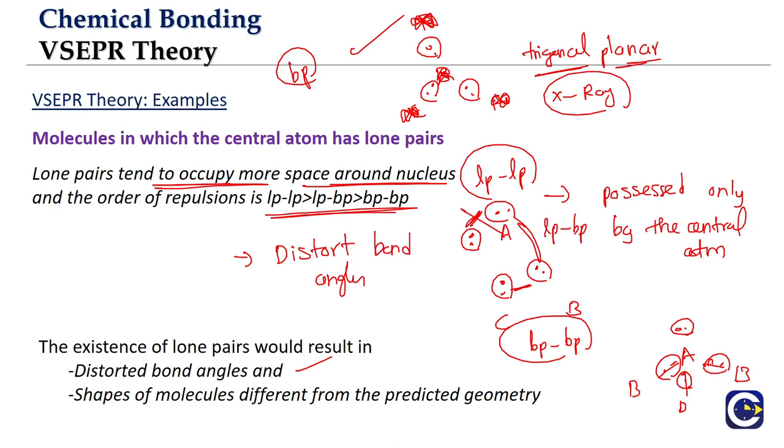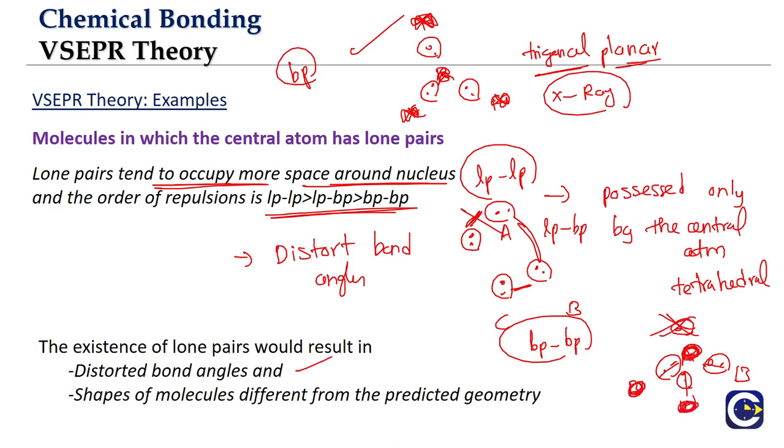Means, we will say there are 4 valence electron pairs. The arrangement will be what? If there are 4 valence electron pairs, it means a tetrahedral arrangement, correct? But when it comes to the shape of the molecule, you cannot see this one. The lone pair we will not be able to see. What we can see is only the nuclei of the atoms present.